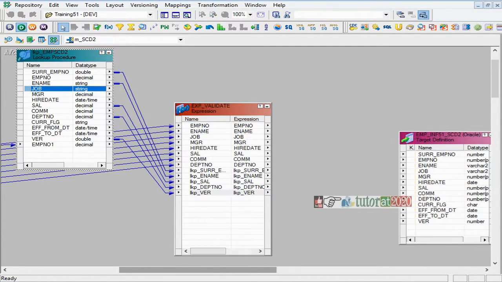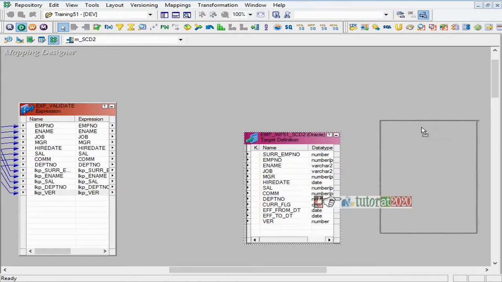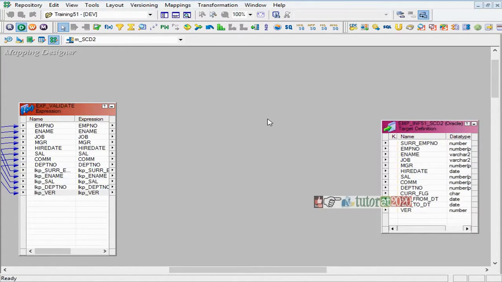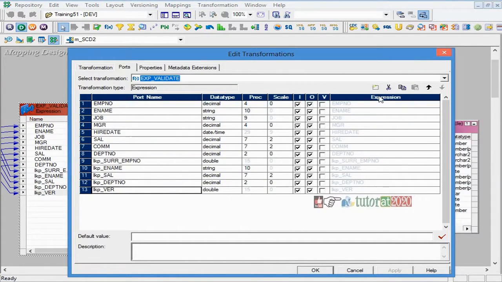Now from here, what I want to do this time: this column will tell me. I am going to write a new derivation, like the one we wrote in STD1 also.